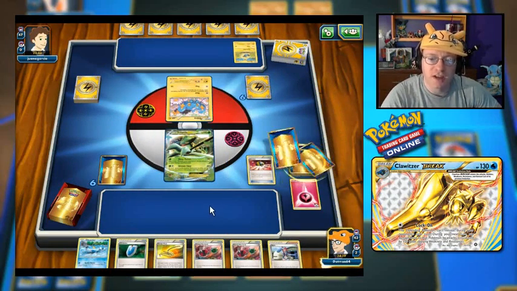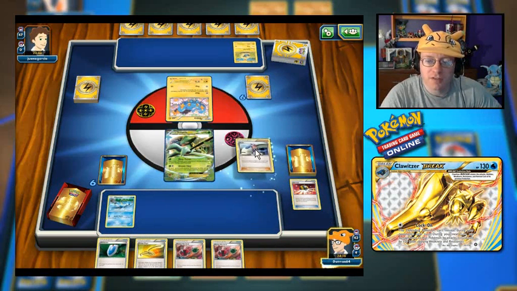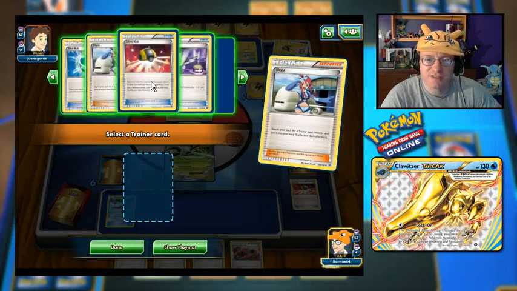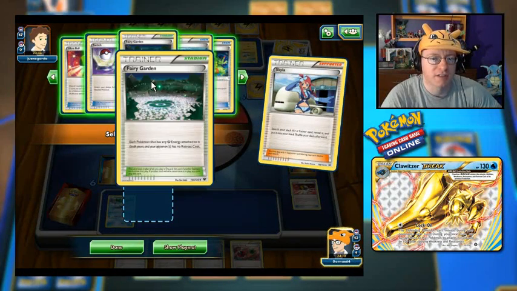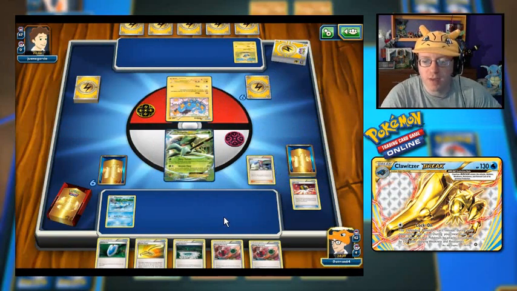I could probably just use her to find Sycamore. Let's drop the Clawitzer. But first of all, let's go ahead and grab the Fairy Garden. I think is probably the best. Yeah, we'll do that. Grab the Fairy Garden, we will bring back the 2 energy that we just lost and